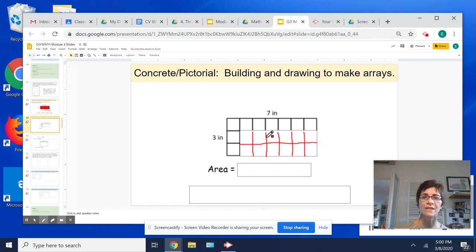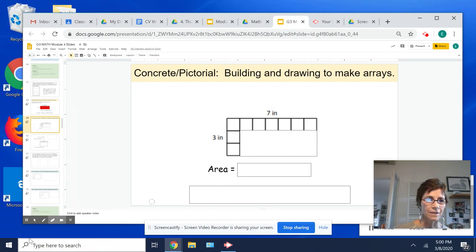Okay, they should all be square, they should all be identical squares, and we know that they're inches because it says so here. Okay, and then we can go ahead and count. We can count them all, or we can count by 7, 7, 14, 21, or we can count by threes, 3, 6, 9, 12, 15, 18, 21. What we're doing, like we're used to doing with our arrays,